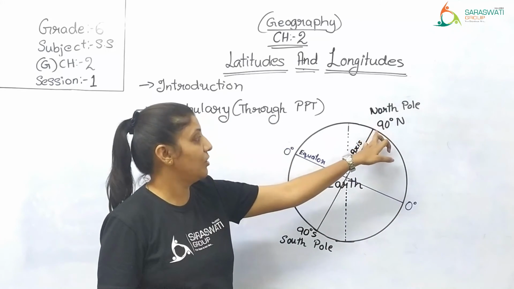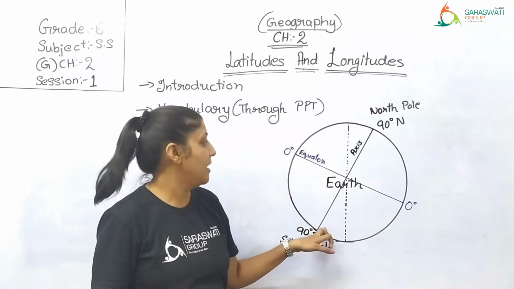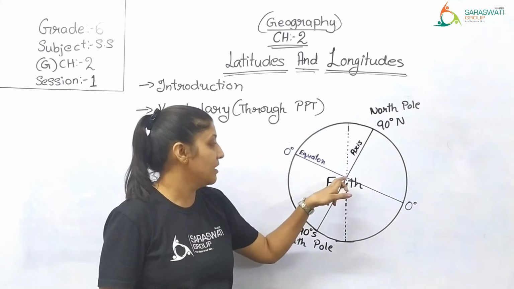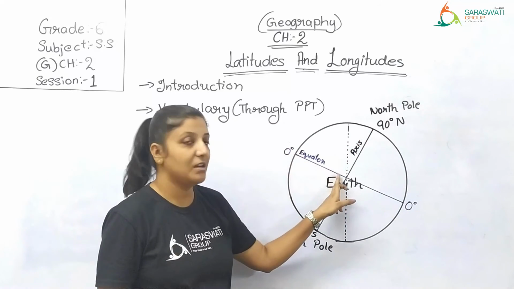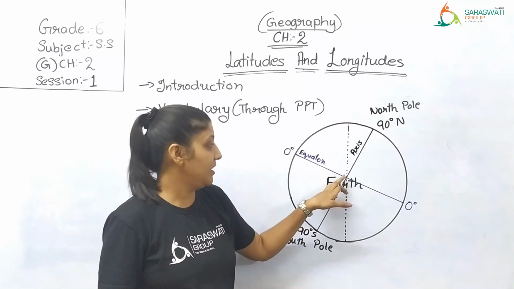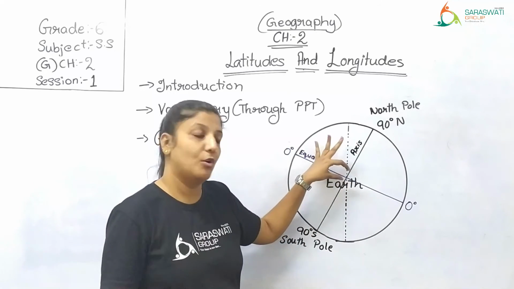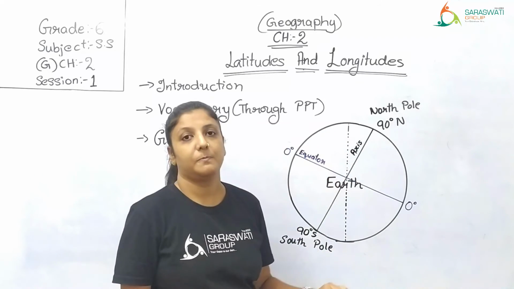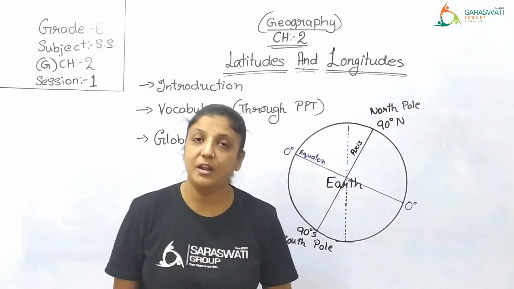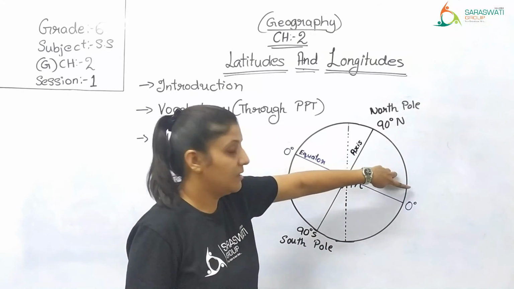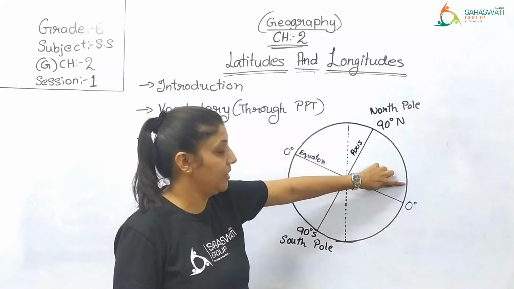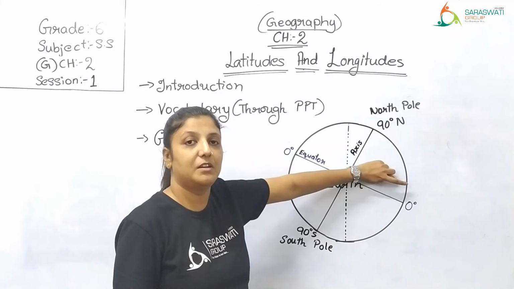Okay, 90 degree north is this one longitude and 0 degree latitude is this. So the place where this 90 degree north and 0 degree cut each other, the place must be located at that exact point. If I say 23.5 degree north, the latitude will be somewhere over here, 23.5 degree north.